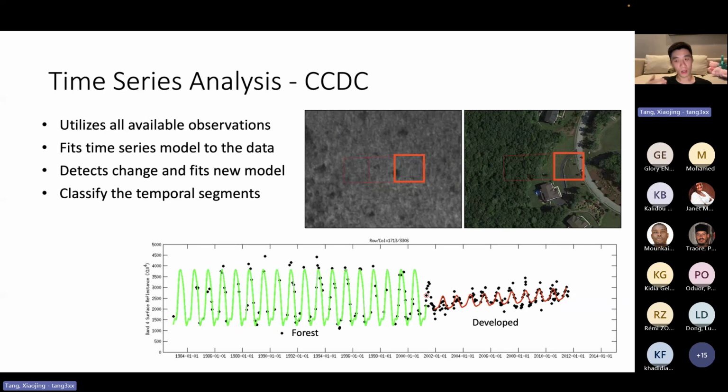Okay, so here is another example. This is a real example. I'm showing you an example in Massachusetts. Here's a forest changed to a developed neighborhood. And as you can see, the time series is at the bottom. The CCDC model detects a change around